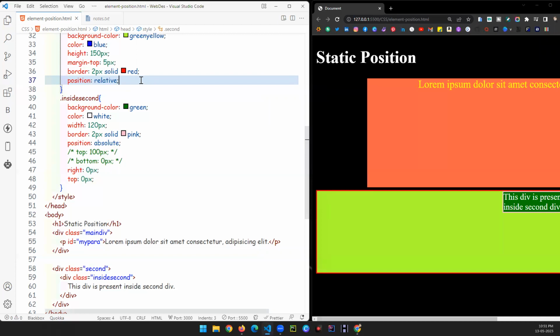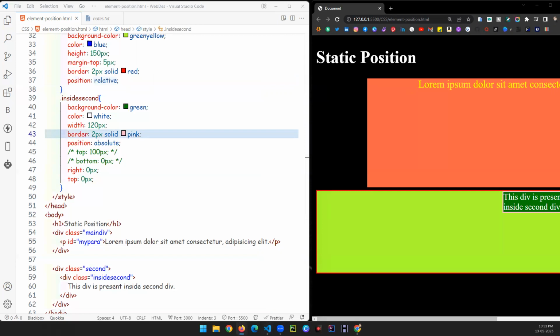Did you understand the concept over here? What is absolute and what is relative? When we have to use relative, when we have to use absolute. Okay, fine. Now the next thing we have is called fixed. Okay, we have fixed as well. So for that what we will be doing,